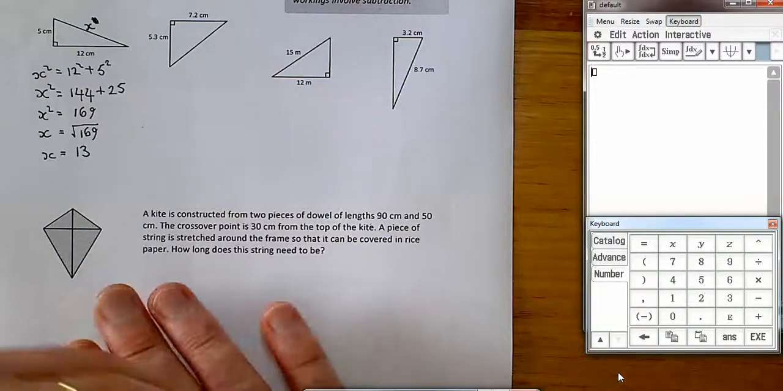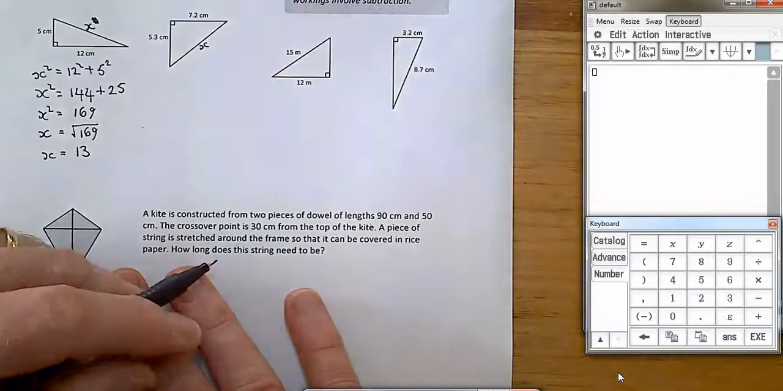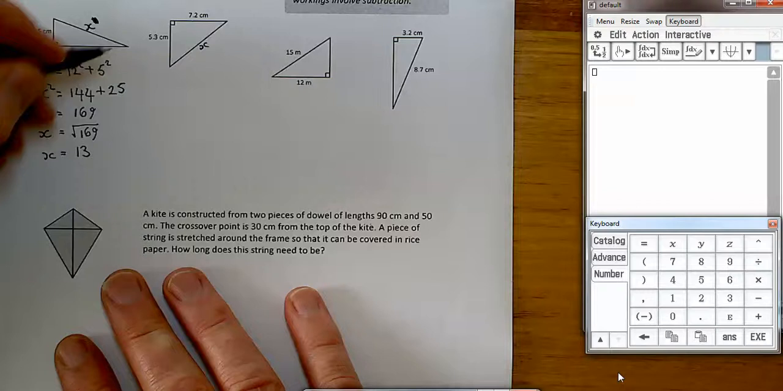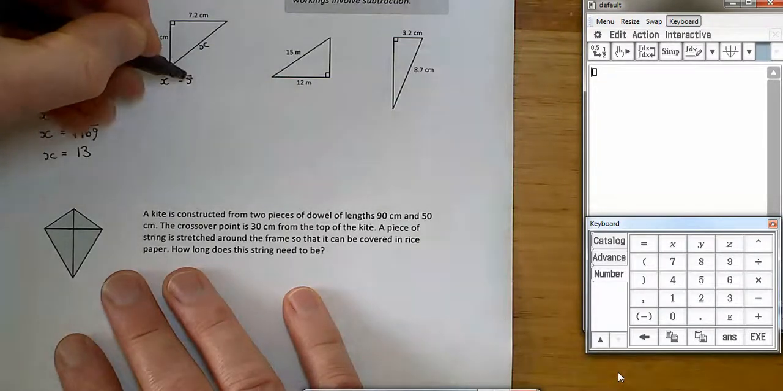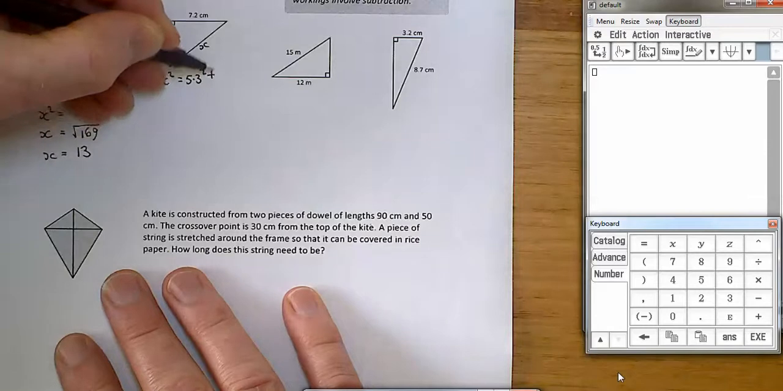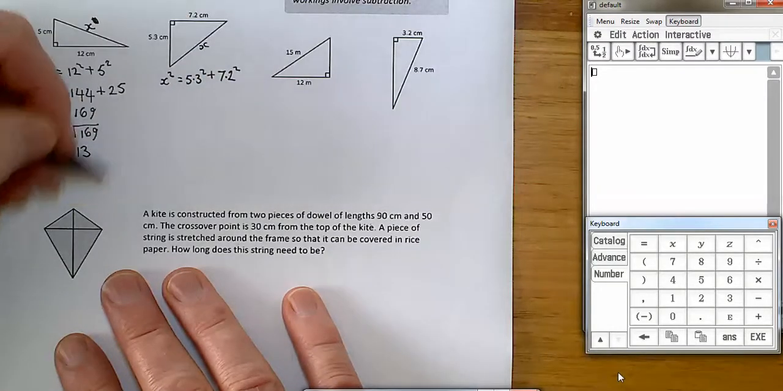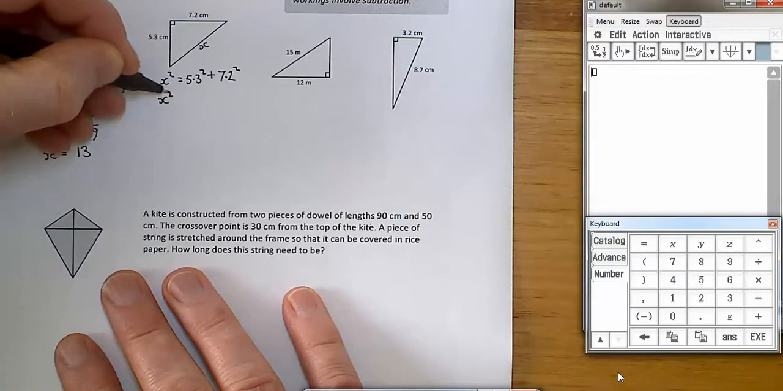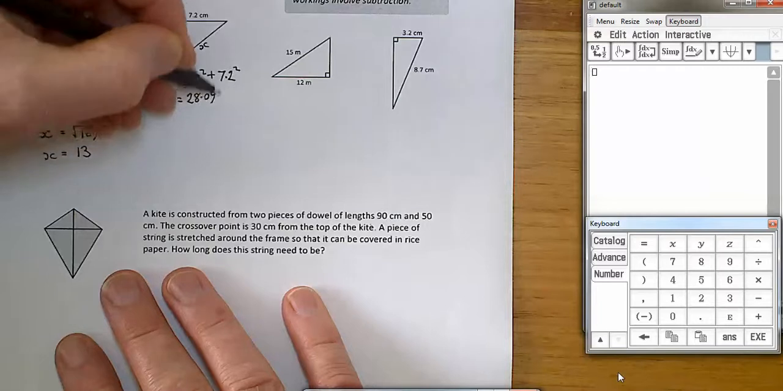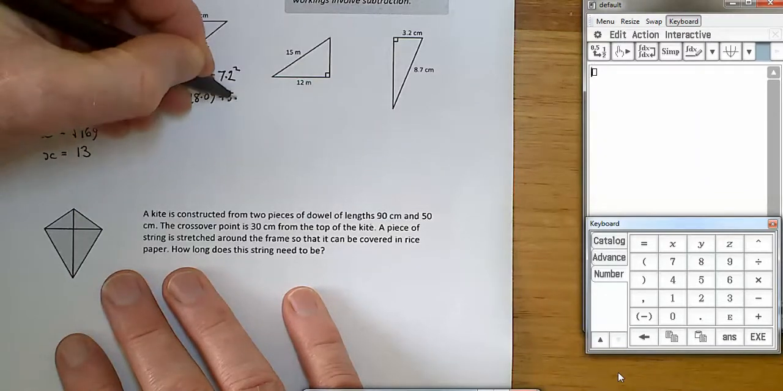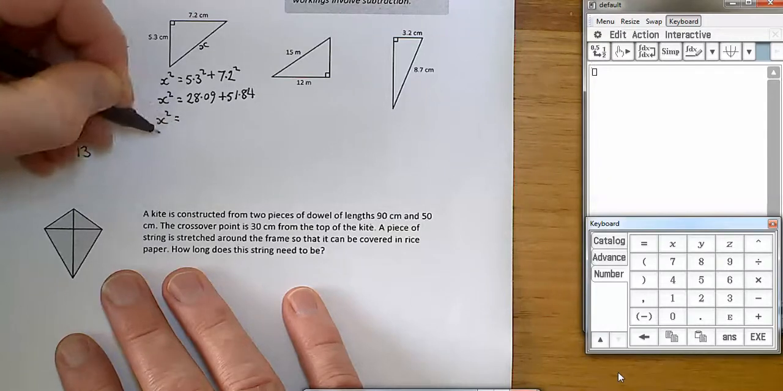Here's another one. We want to find this side. Once again, it's the hypotenuse side, the longest side. And the rule says that that hypotenuse side squared equals the sum of the other two sides squared. So something like that. Now I've done some calculations beforehand here. 5.3 squared is 28.09. 7.2 squared is 51.84. Add them together. And so x squared equals